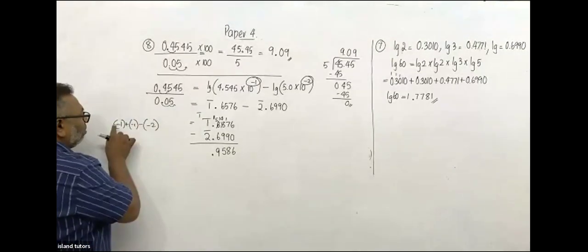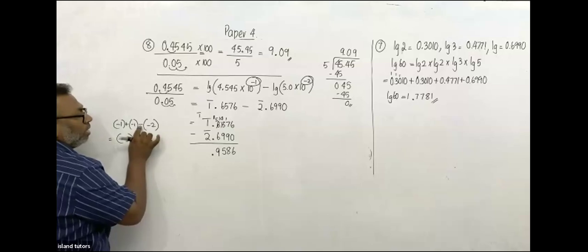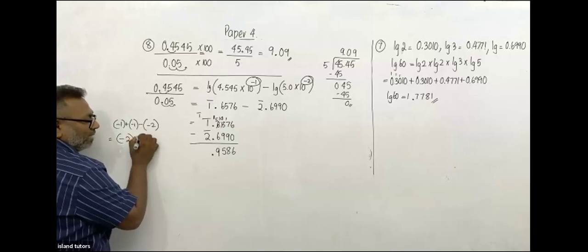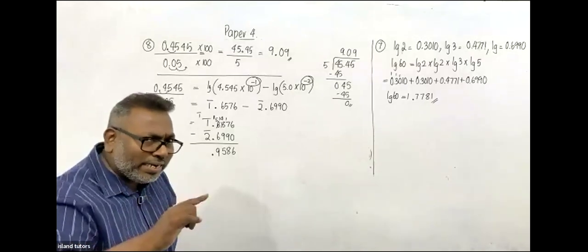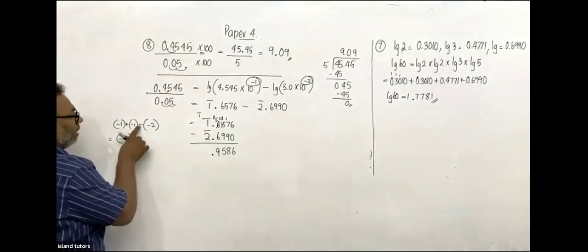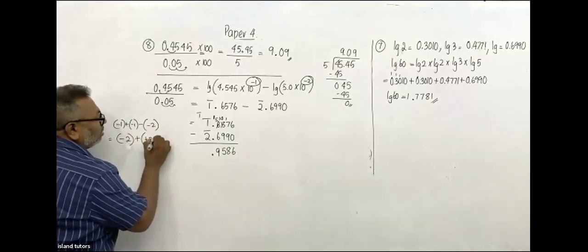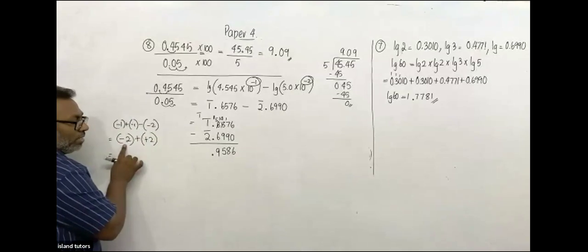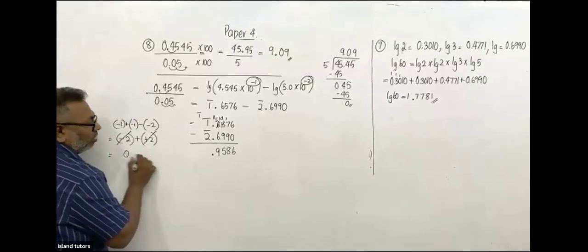Okay. So -1 plus -1 is -2. This minus becomes plus. While when you're subtracting, you do the additive inverse. You add the additive inverse, minus becomes plus. This -2 becomes +2. So -2 plus +2, both will cancel out. You're going to get